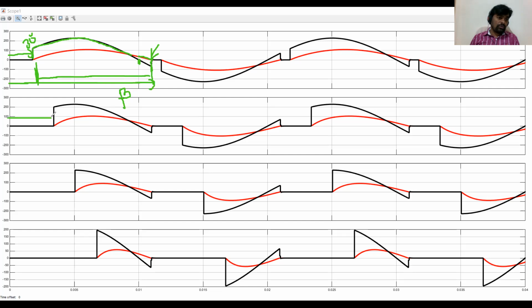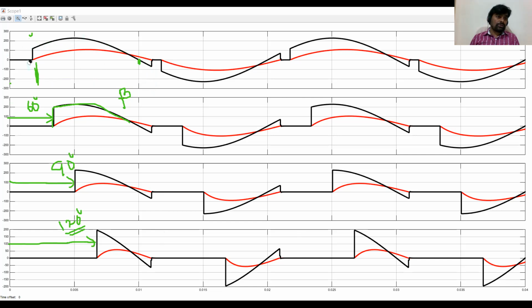Similarly, you can see the output voltage and output current waveform at 60 degrees here, right? So you can see the output voltage and thereafter you can see the output current. And third waveform is for alpha equal to 90 degrees. And the fourth one is at alpha equal to 120 degrees. So similarly, you can take the waveform for any value of firing angle from alpha equal 0 to 180 degrees, right? So this is how you will get the waveforms for single phase AC voltage controller with the R and RL load. Okay, so with this I will stop here. Thank you.